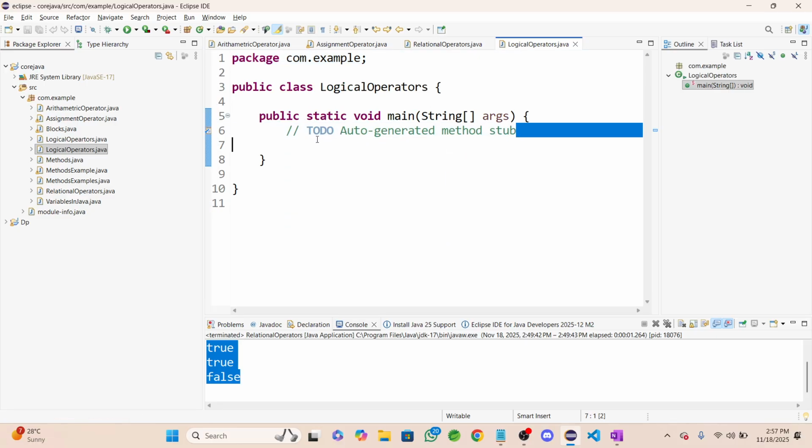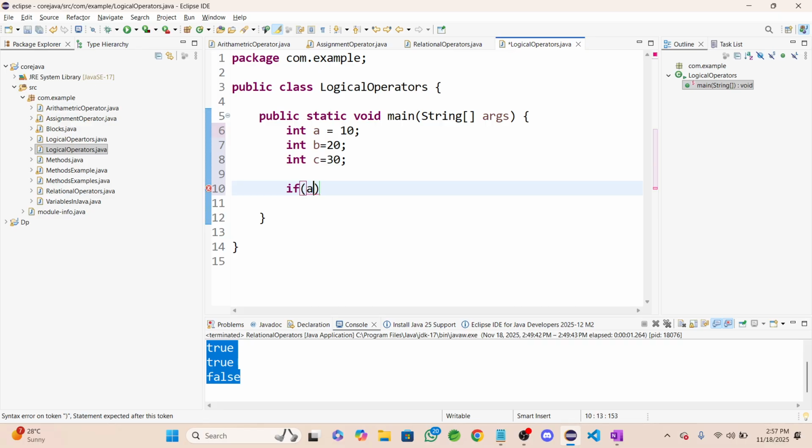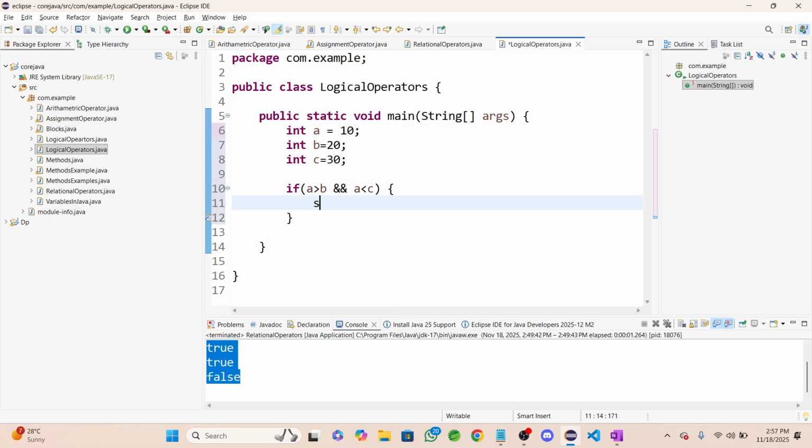Then take int a equals 10, int b equals 20 and int c equals 30. If a is greater than b and a is less than c, in that condition,